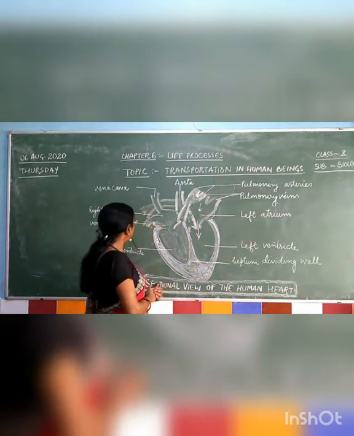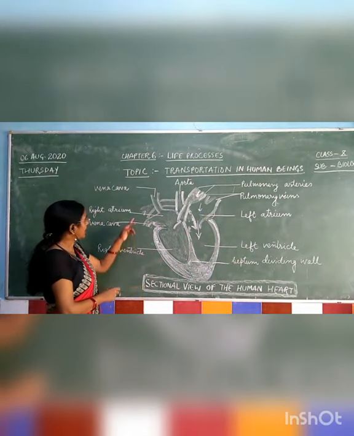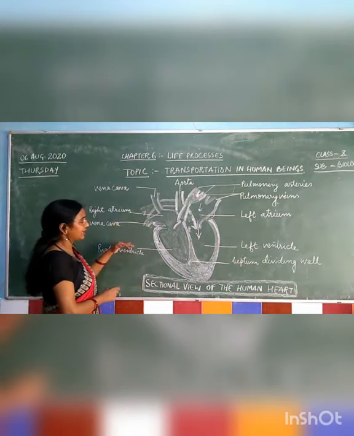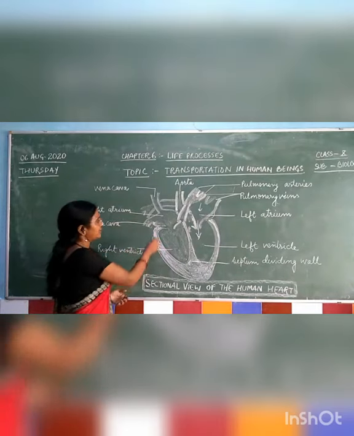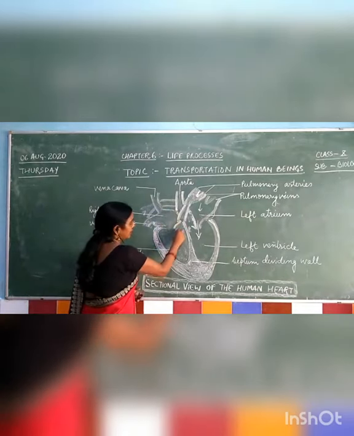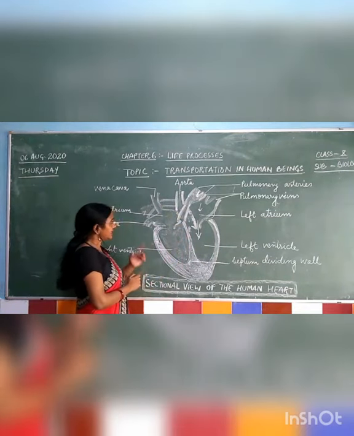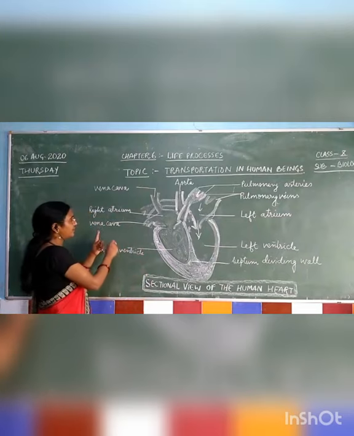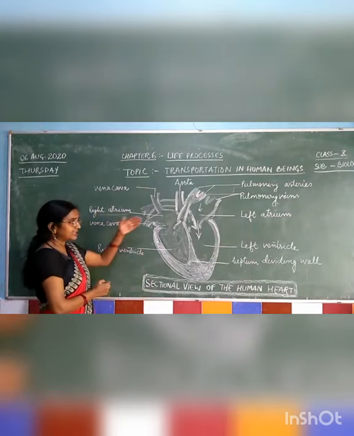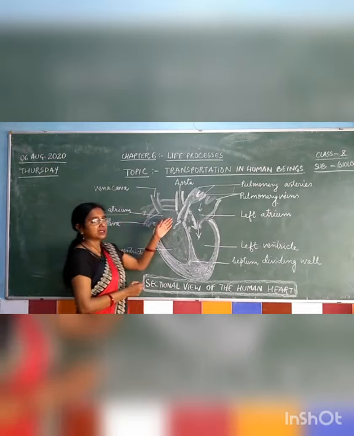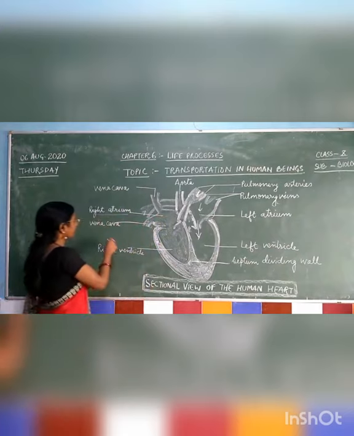Then what happens on this side, in the right atrium and right ventricle? The right atrium and right ventricle collect the deoxygenated blood. That's why I have shown the shaded part. This is the deoxygenated blood. This deoxygenated blood will firstly be collected in the right atrium, and in the same manner it expands first for its collection. How does it get collected?